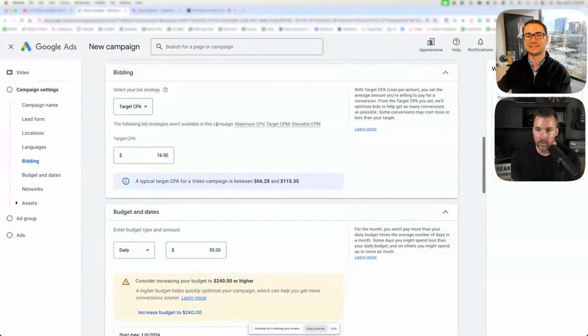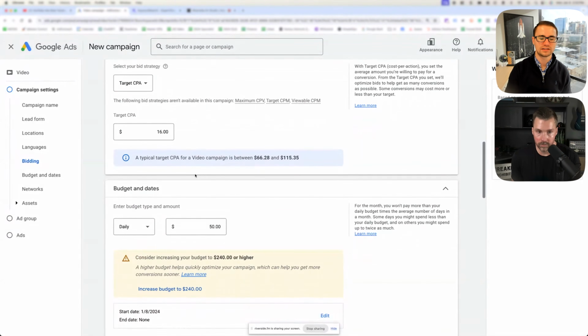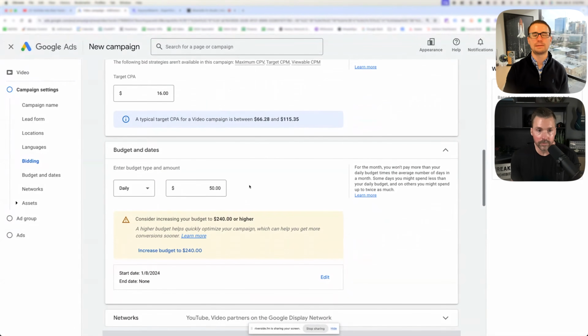So optimize, then scale is always what I would recommend, for us doing direct response. Again, let's just say it's 16 here, but you would potentially start off with 11, but let's just use this as an example, because it might need to go to 16, just knowing my kind of knowledge. It might be a little bit more expensive over here on YouTube for that initial lead, but the quality and also the view rate of people actually watching that training,